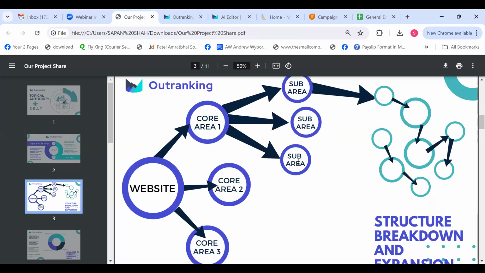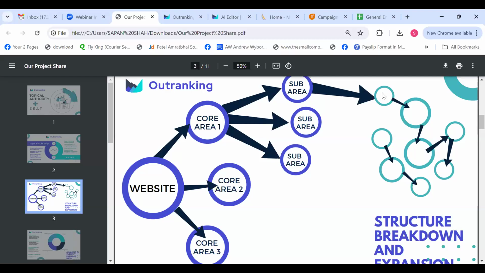So these are your sub areas that you need to focus a little bit more on in detail to understand, wherein one sub area can hold a lot of keywords, which are potential keywords and also semantically related with each other. So as you can understand from the graph,